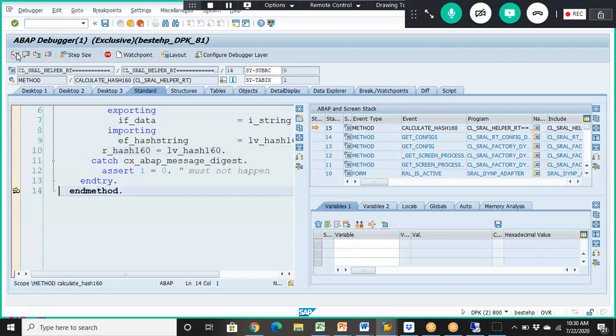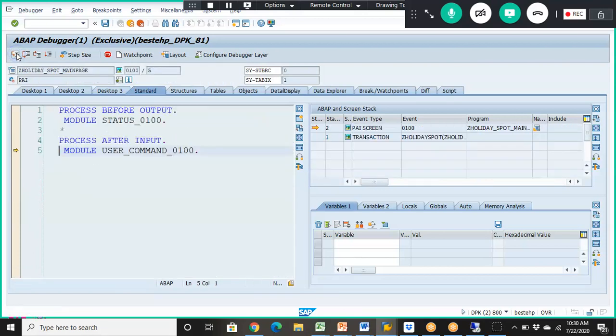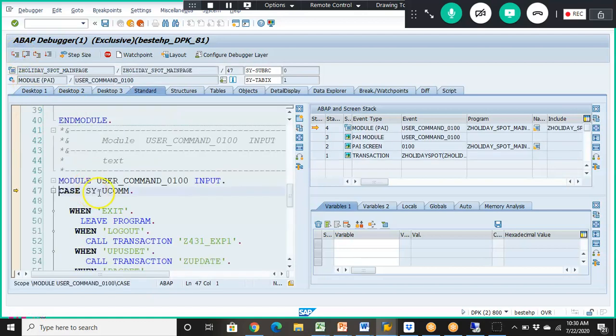Something is happening. Now if you want to come out of that loop, there will be another step, I'll tell you about that. It's coming to the USER_COMMAND. The program is coming into USER_COMMAND. Now we will get into this,